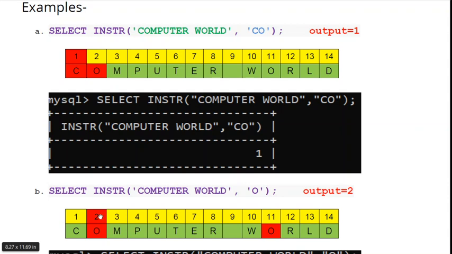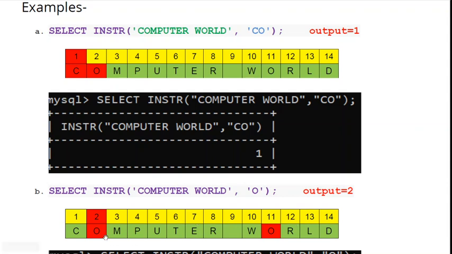O is present at second place and also at 11th place. The output is 2. It means the first occurrence of the letter O is at position 2. If you specify M, it will return 3.